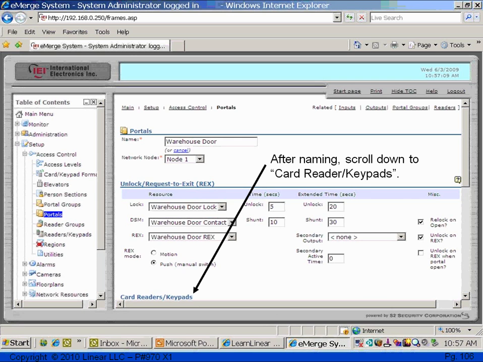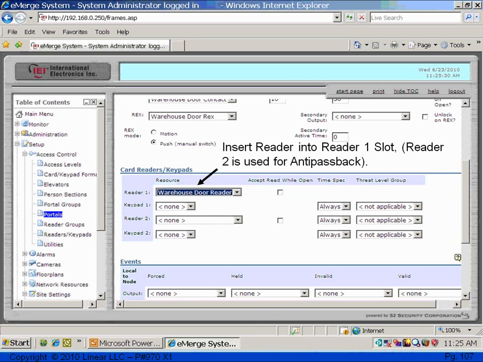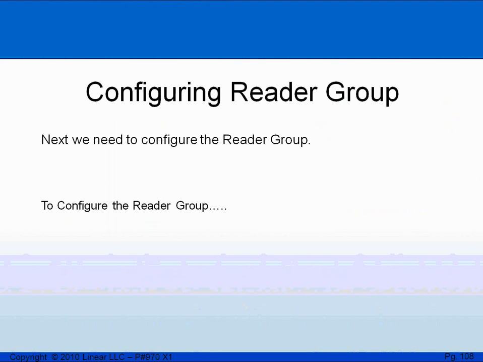The slot for reader number 2 is your group in this installation, as I want to test all my doors. It might be a good idea upon initial installation to configure a reader group and an all-access access level so I can test all my doors to make sure electrically and mechanically everything is working. To configure the reader group,